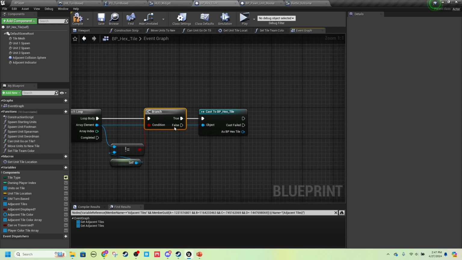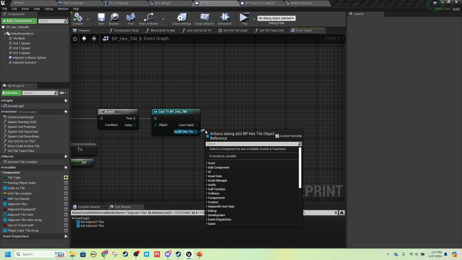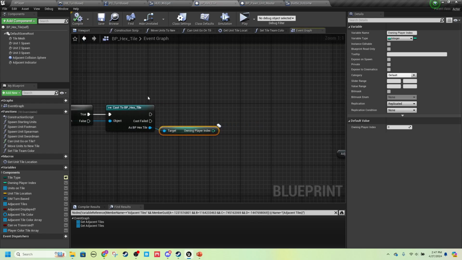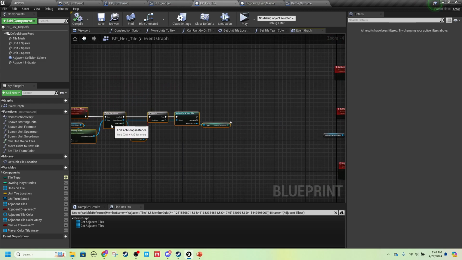So we'll still have to do this cast piece. And off of this, we want to get the owning player index. And we want to check if this is equal to,